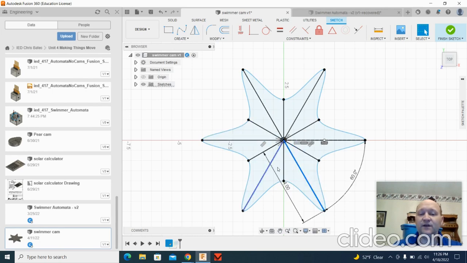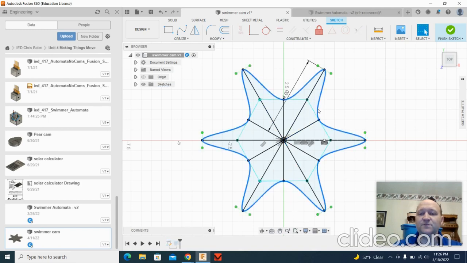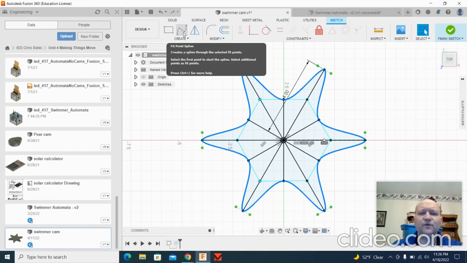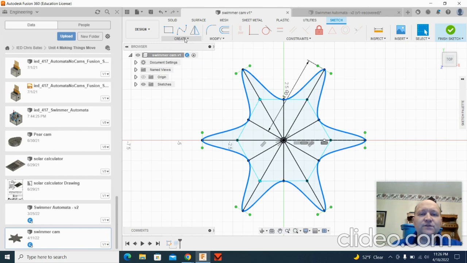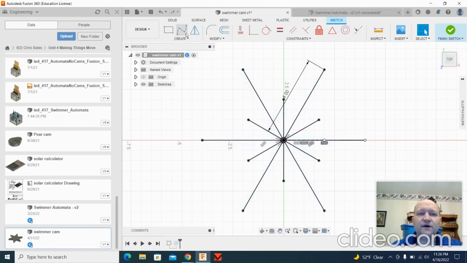Once you've got your lines drawn from the center, then you're going to create this line. It's called a spline, which makes a nice curve based on the endpoints of those lines. I'm going to delete mine, and then show you how to add it on there. So we just click on the endpoints as we go around. Once you've gone all the way around clicking,